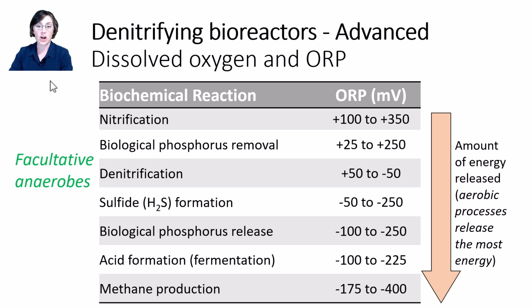When you look at this entire chart, the amount of energy released from each reaction decreases as you get more and more reduced conditions. When we measure a DO of around 0 and an ORP of between plus or minus 50 millivolts, we know the conditions are right for those very flexible facultative denitrifying bacteria to have switched to reducing nitrate. And an ORP of right around 0 for this process is a good reminder to us that these denitrifying bacteria are right at the cusp of aerobic and anaerobic conditions and that they're facultative. We often refer to denitrification as anoxic to differentiate it from the processes further down in the table, which are also anaerobic but are much more strongly reduced.